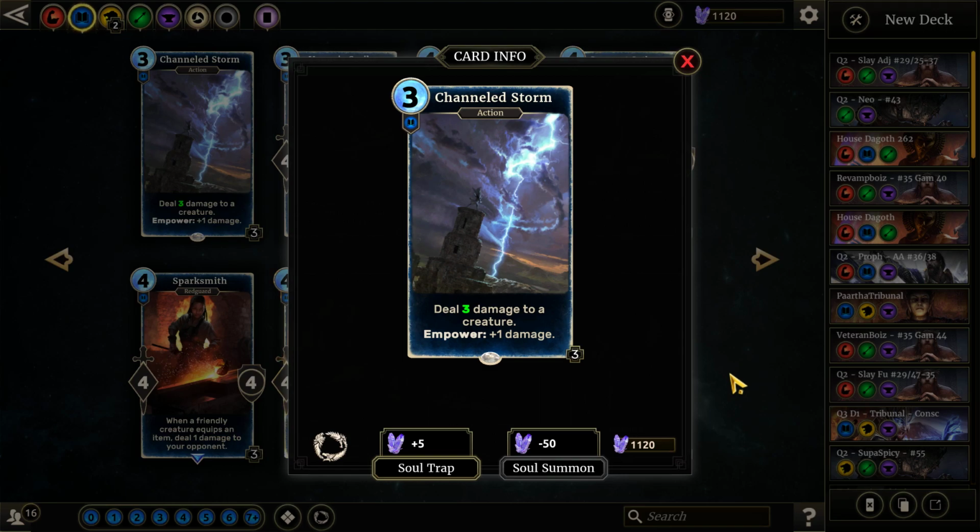Channeled Storm. 3-cost action, deal 3 damage to a creature and power +1 damage. Artwork is super cool. Big fan. I wonder what... Actually, this kind of reminds...